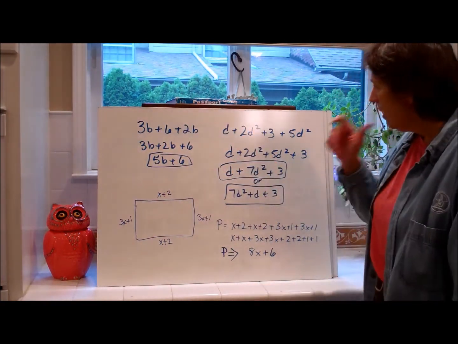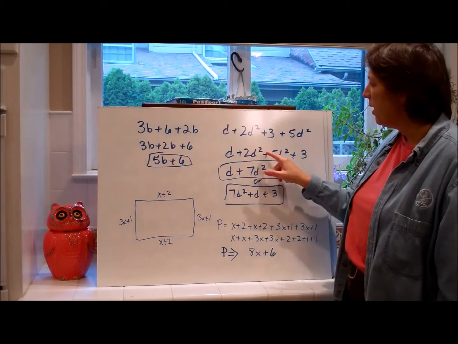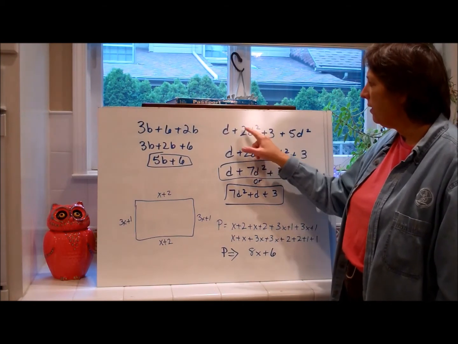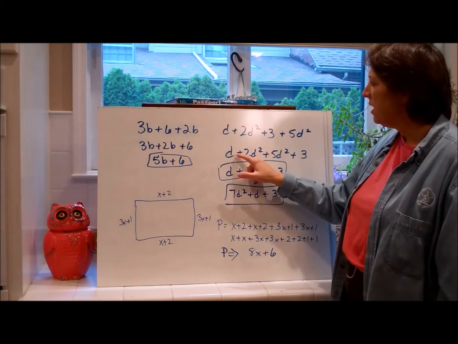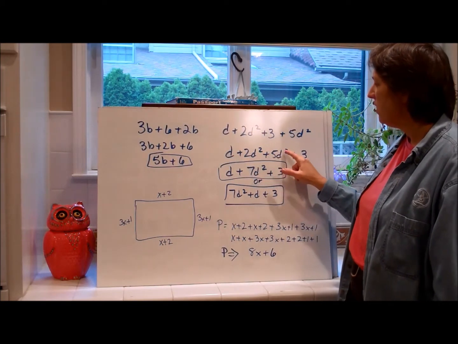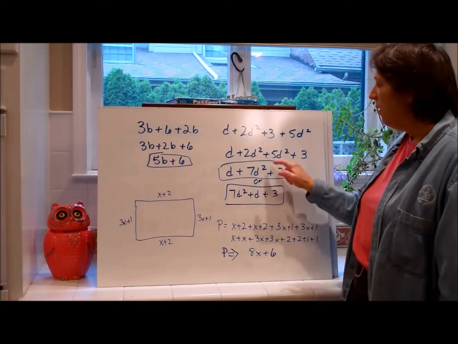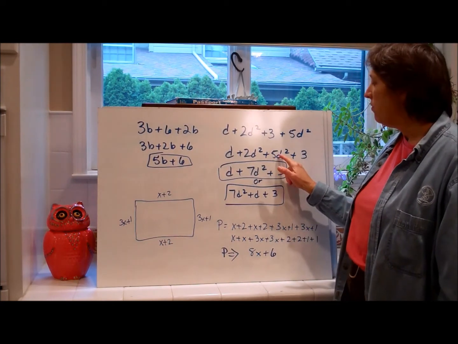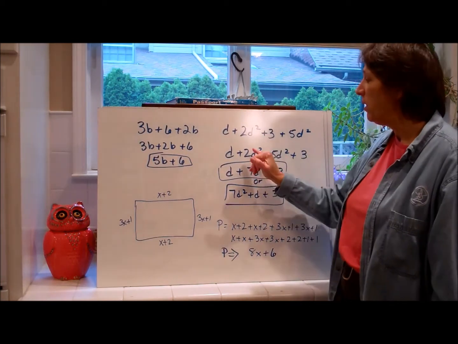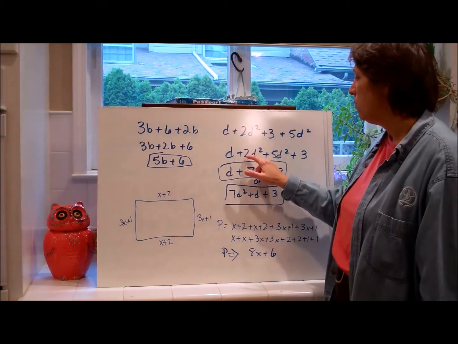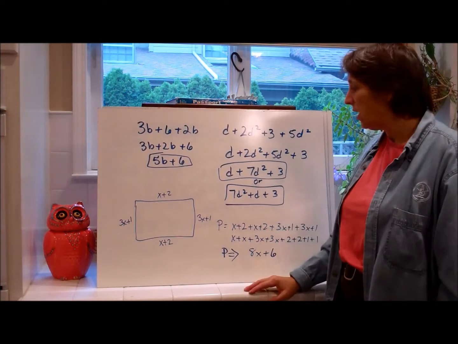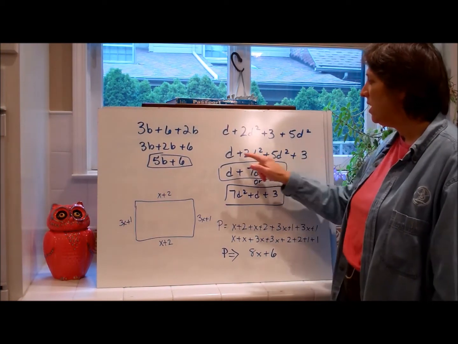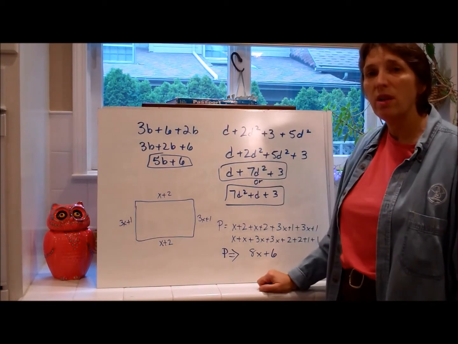Over here, the like terms are d squared and d squared. So we're going to rewrite this as d plus 2d squared plus 5d squared plus 3. When we add these, if you used the distributive property, you would factor out a d squared, and what would be left would be the coefficients of 2 and 5, and you'd add those together and get 7d squared. There's nothing else to add to the d because d and d squared are different, because